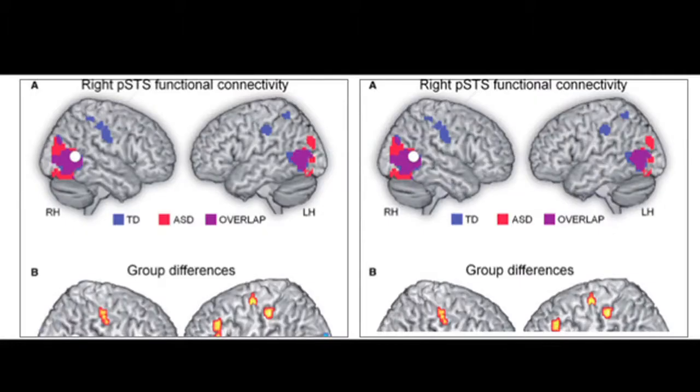Then they looked at functional connectivity. This is the seed region, and they asked, where's activity from this region? Where do you have connectivity with this region? And again, you see in purple the areas that show overlap between the two groups, in red greater connectivity in the ASD group, and in blue the regions that show connectivity with this seed area just in the